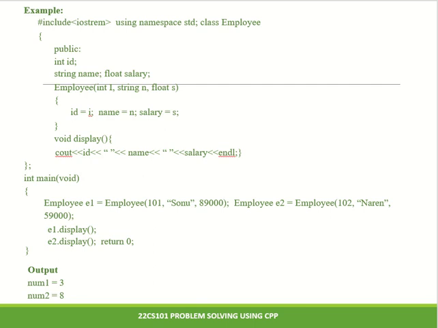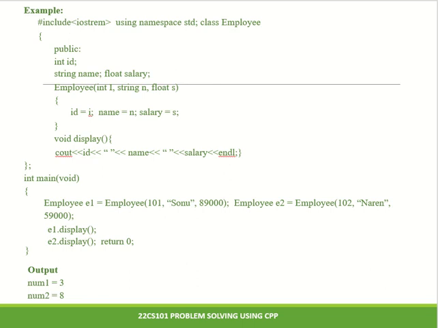So here we are going to create two objects. First object is E1, second object is E2. So Employee E1 is equal to Employee(), you have to provide the arguments. First one is ID, so 101, next one is name, Sonu, and third one is salary. Similarly, the second object is created, Employee E2, which is equal to Employee(102, that is ID, the name, and the third one is your